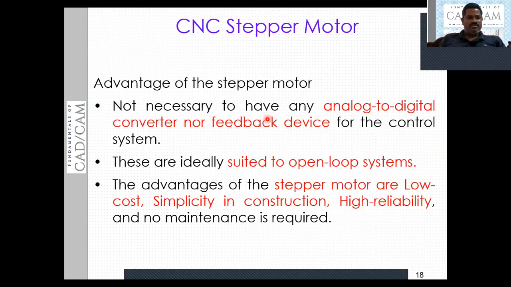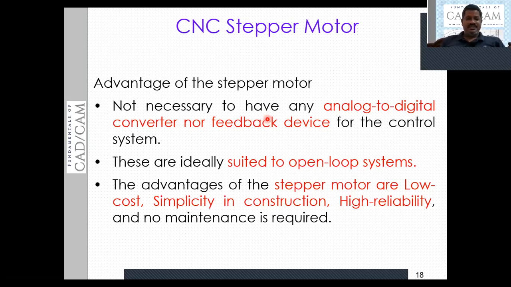Basically these are ideally used for open loop control systems. If it is closed loop, you have encoders continuously reading the positions of the tool and table, and again it will send back the signal.